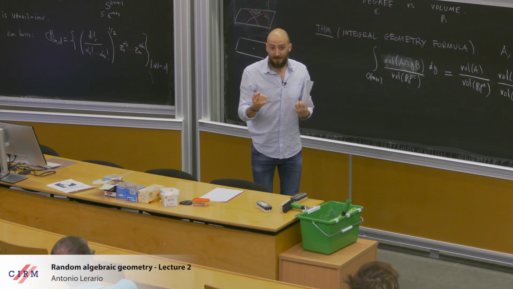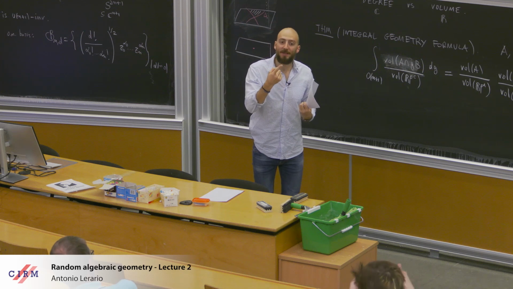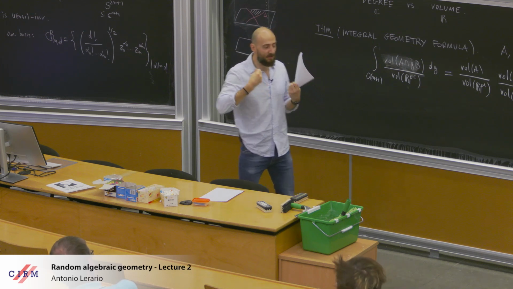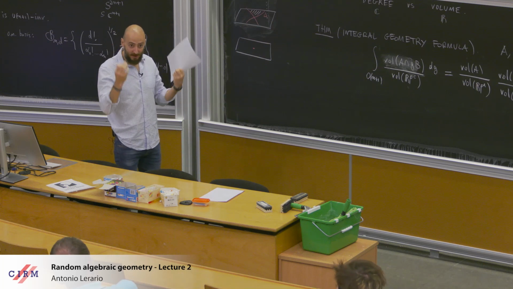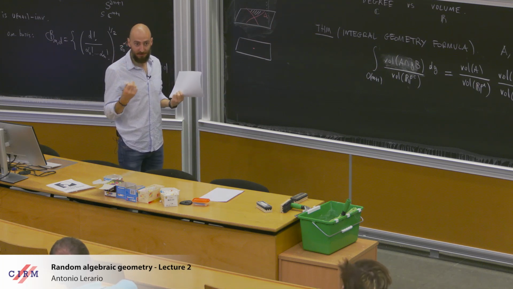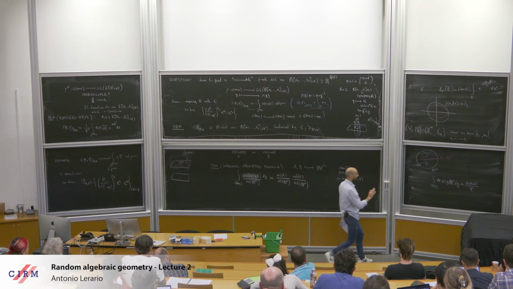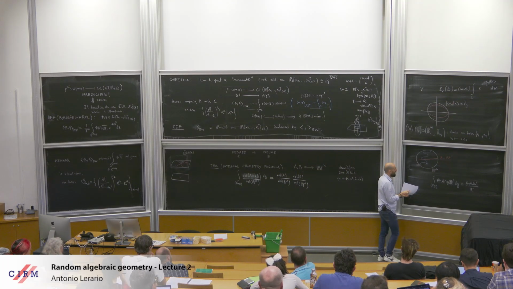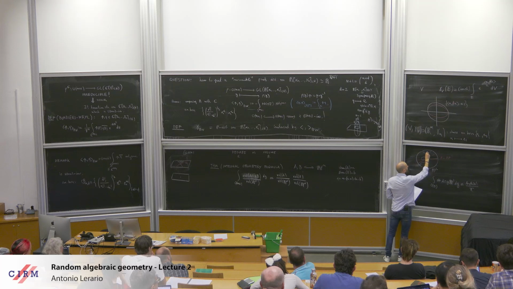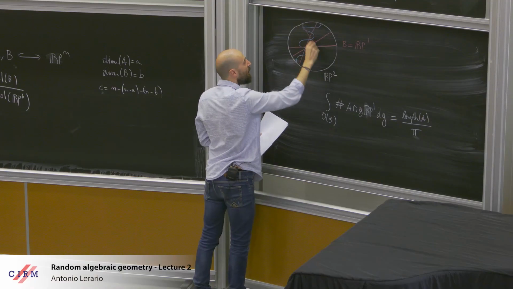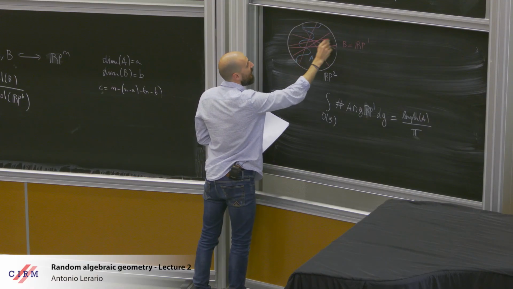It's the same thing, but no, if you push it forward, you get twice, right? But here you just take the induced Riemannian volume from the metric. But the one thing that I wanted to stress about this formula, so here is what we are doing. We are acting with the orthogonal group. We are rotating this RP1,